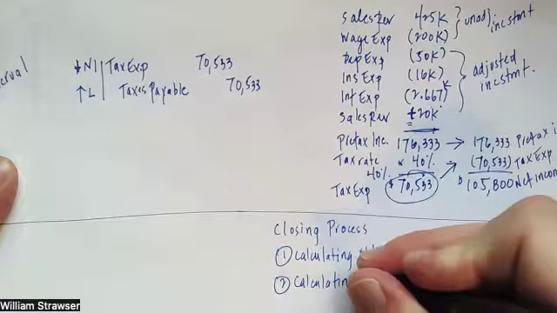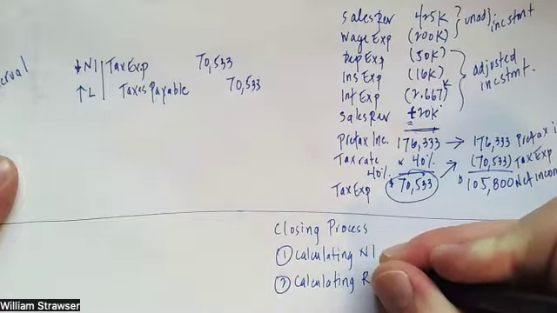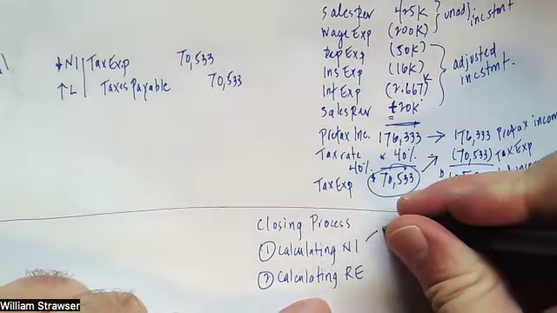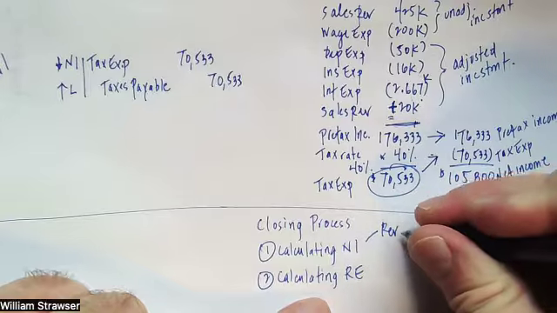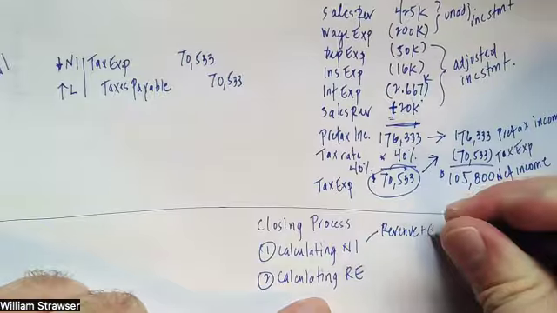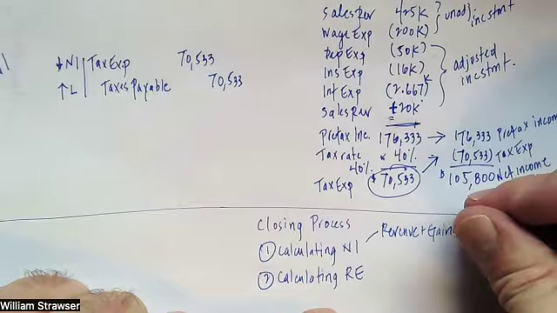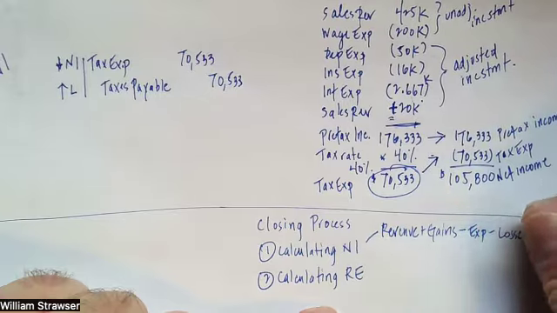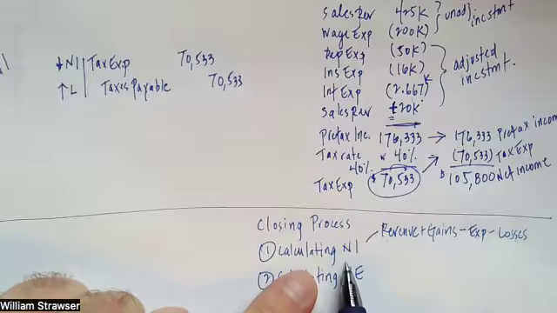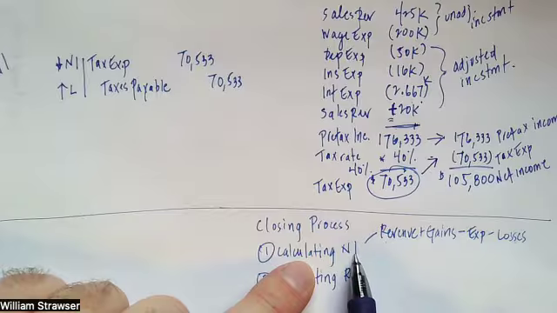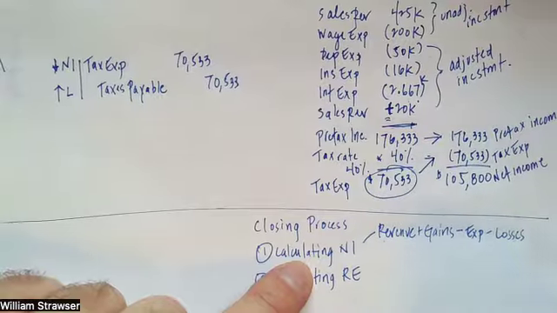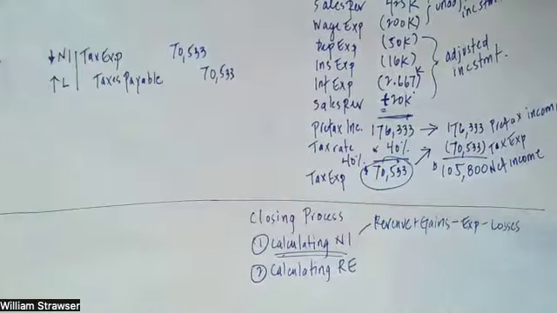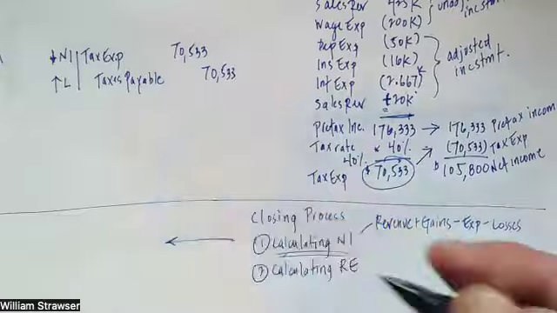You shouldn't have to memorize that you have to make certain entries in a certain order. If you can calculate net income, you know that you need to take revenues, add any gains, subtract any losses, and subtract any expenses. Then you know that the first steps of the closing process have to deal with those accounts in some form or fashion. So in order to calculate net income and translate that into journal entries, we use the income summary